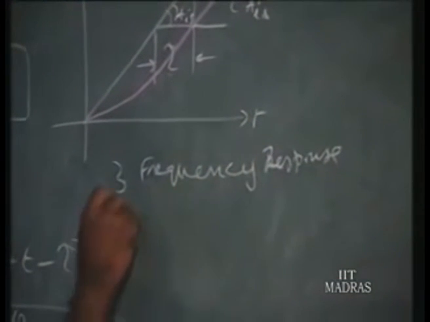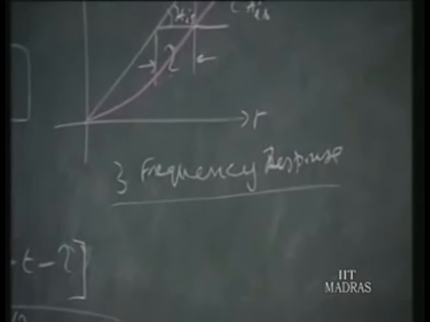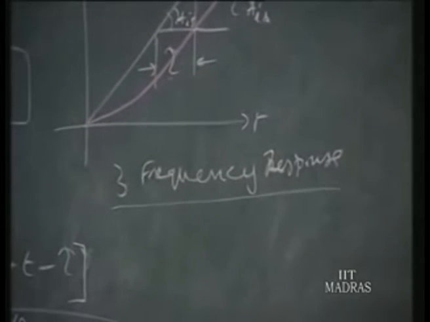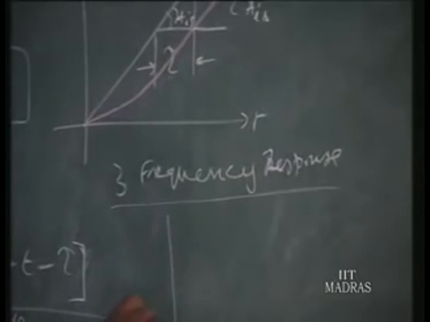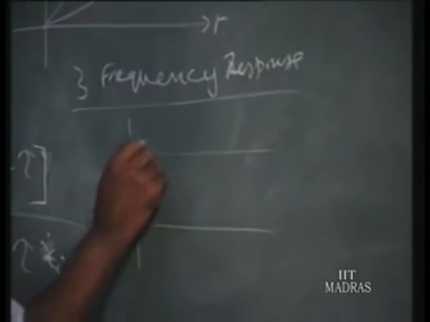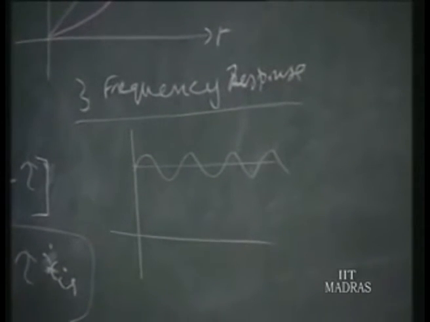Right, frequency response. That is, we are giving an input signal. Previously, first we gave a step as the input signal. Second, we gave a steadily increasing signal as the input. Third, we give a signal of this order. Say it may be around a value, it may be varying. These may be the variations which we want to study.